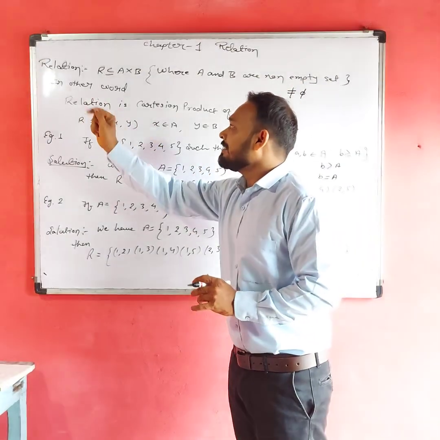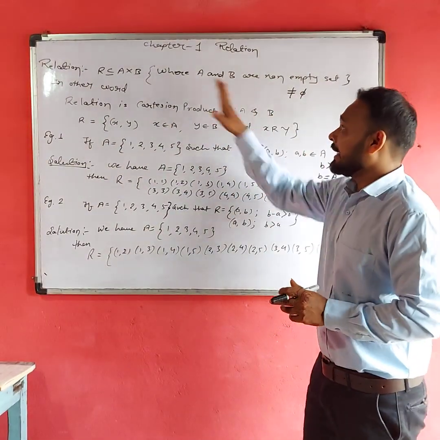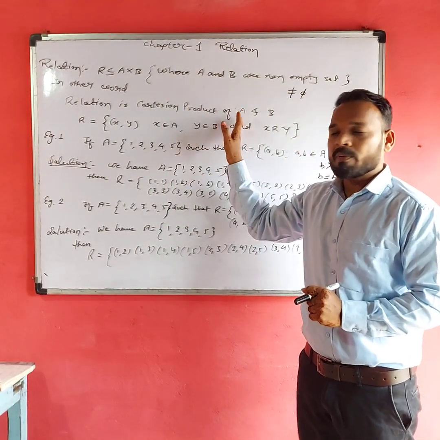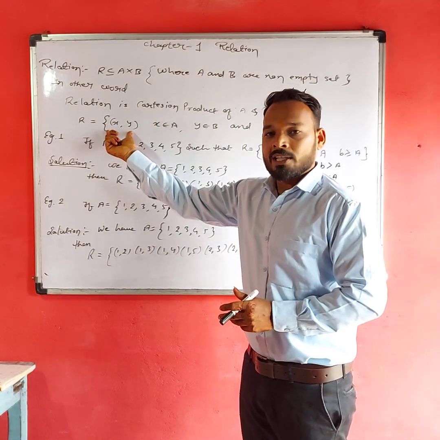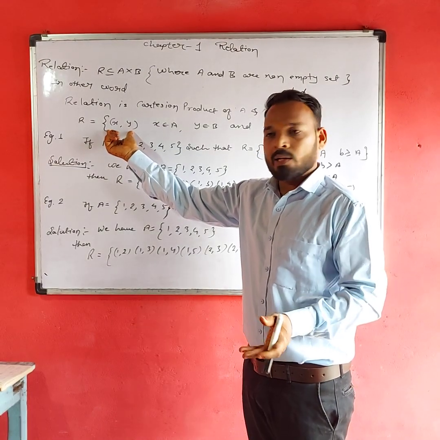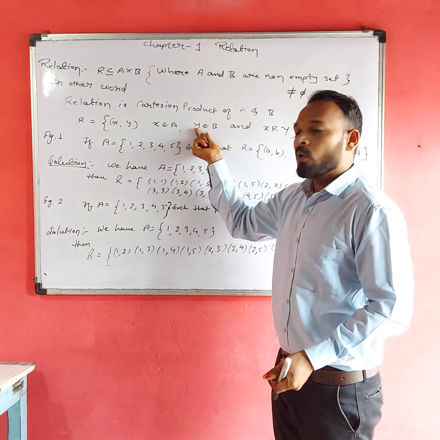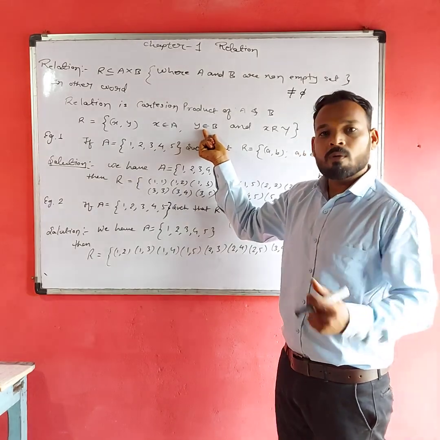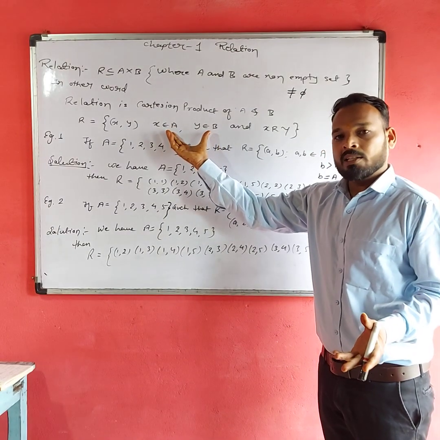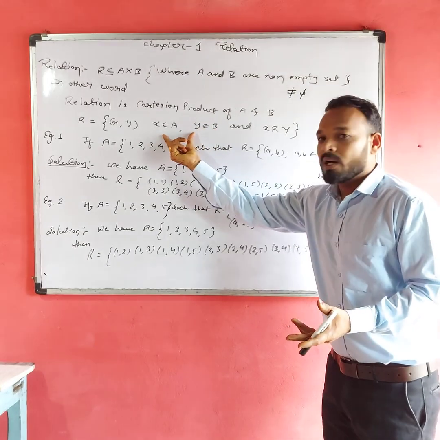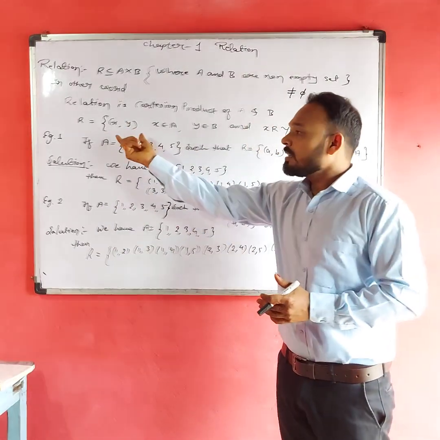Okay? And in other words, a relation is a subset of the Cartesian product of A and B. And we write, let's see, R is equal to (x, y), where x belongs to A, which is one set, and y belongs to B, which is the other set. A is the first set and B is the second set, and x and y are related. Why? Because it's a pair condition.